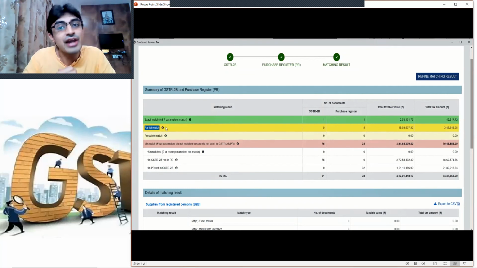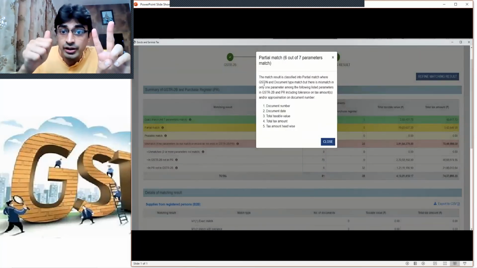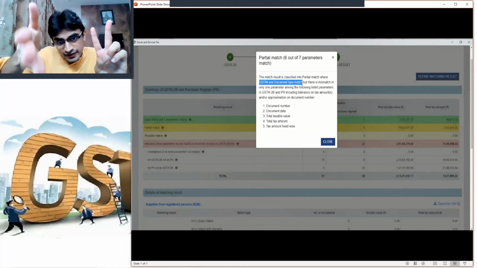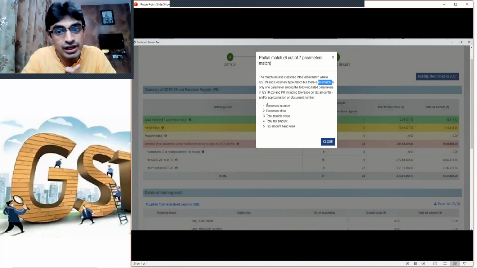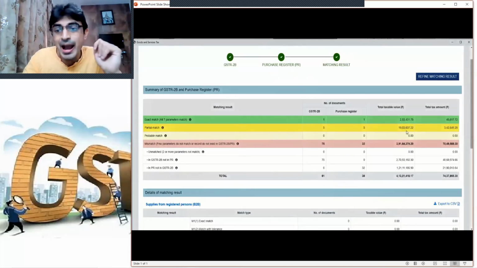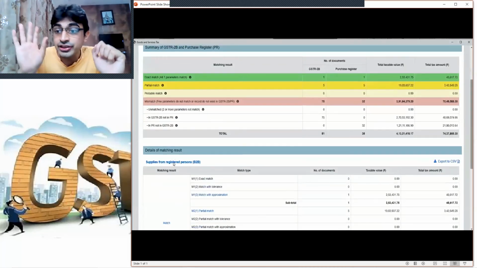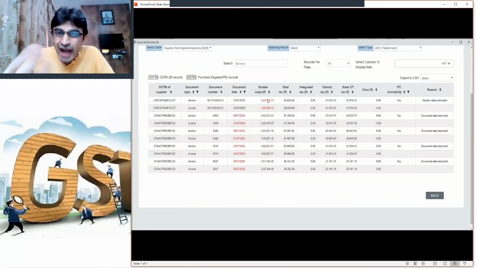Now second is partial match. Partial match means GST number and document type are correct, but in the other 5 details there could be a mismatch, which the portal will allow. There could be a mismatch, but the GST number is matching. This is partial match. That is my 19 lakh taxable value and 3 lakh 42 tax amount, which I can view, which are partially matching, and why it is partial.